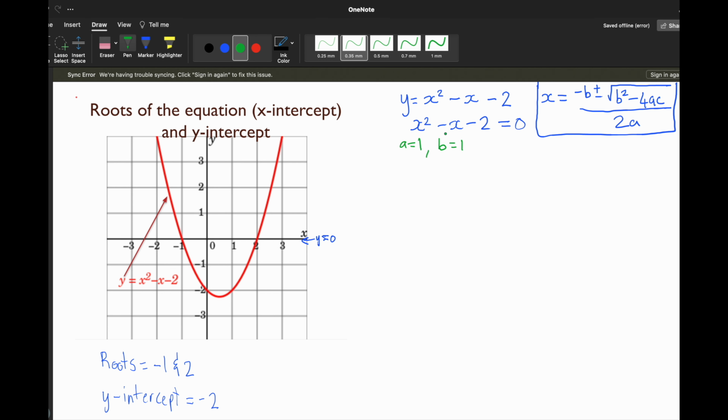-1. -1. And we know it from here. Okay, so this here is -1. So this here is a being 1. This here is -1, which represents b. And c is equal to what? -2. Lovely. Now I have all that I need to be able to use this equation to figure out the